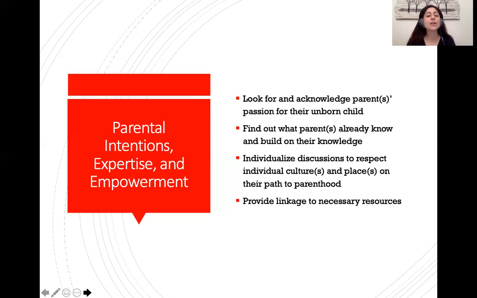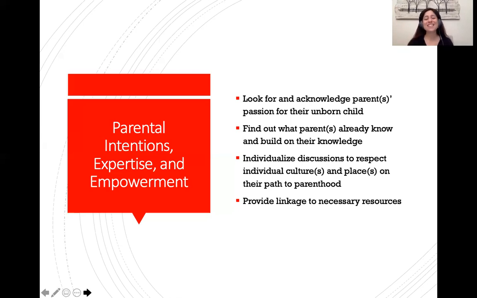Okay. You want to also look for and acknowledge parents' passion and compassion for their unborn child, and use this as a springboard from which to provide psychoeducation about healthy development. If you can join with your client over their desire to have a healthy baby and raise a healthy child, then you can slip in helpful nuggets of information in a way that's not going to elicit defensiveness. Finally,